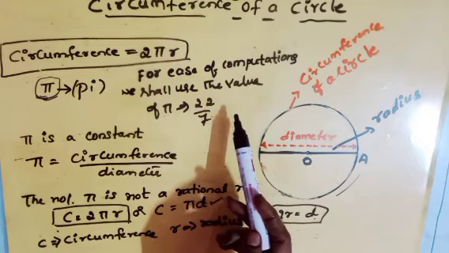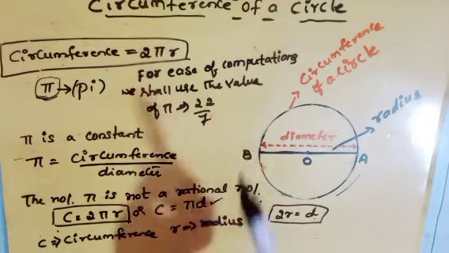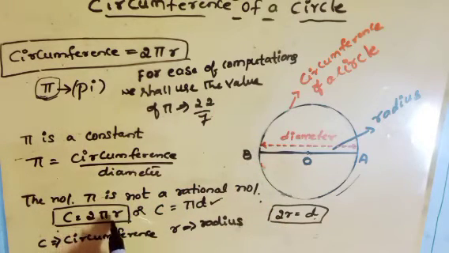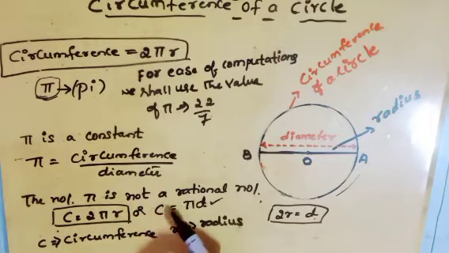By using the formula C equals 2 pi r, where C is the circumference of a circle and r is the radius of a circle, we are going to solve worksheet 5. When radius is given, to find the circumference we use the formula C equals 2 pi r. And also we can use one more formula, that is C equals pi d.